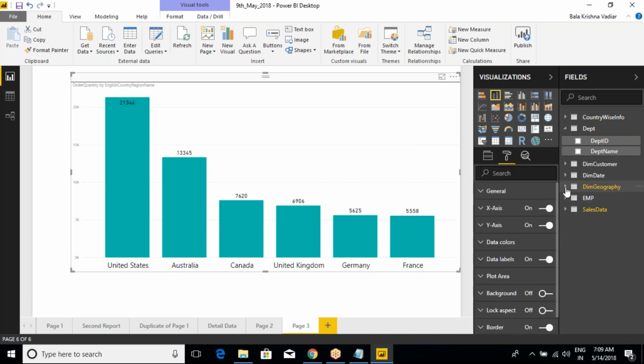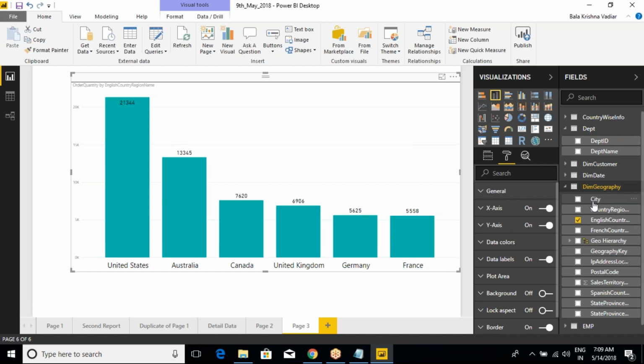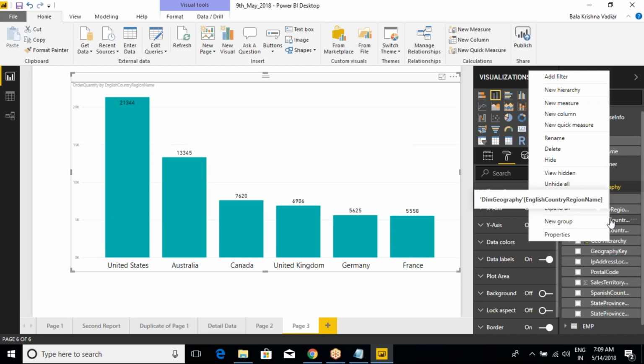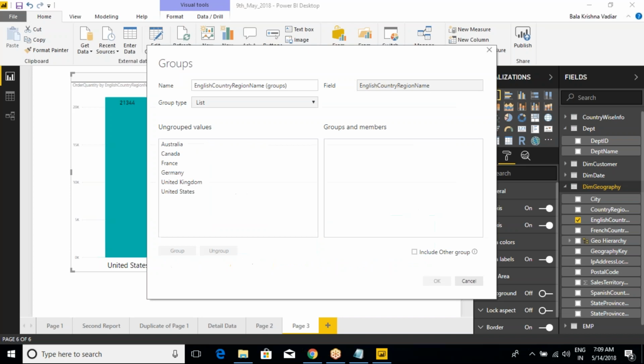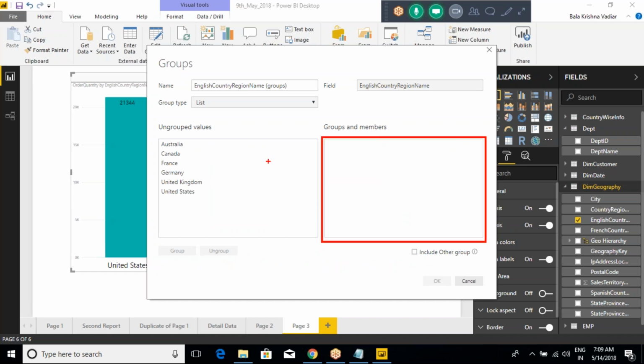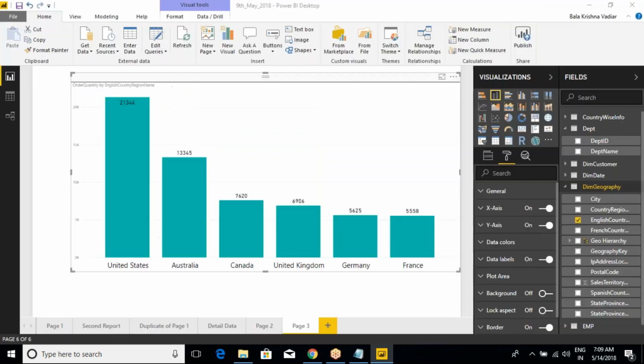So go to the table here and right click on any of the column names, for example English country region name, and create a new group. Now see what is happening here. It is trying to create the group name, and on the right side, as you can see, there is no grouping available yet. When I go to the country, it's showing all the distinct values, correct? Australia, Canada, France, and Germany. In the same way, when I go to the city name and click on new group,